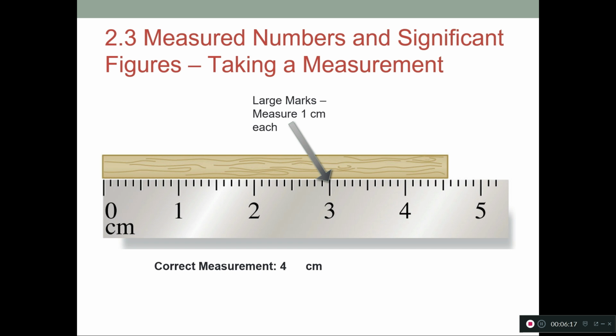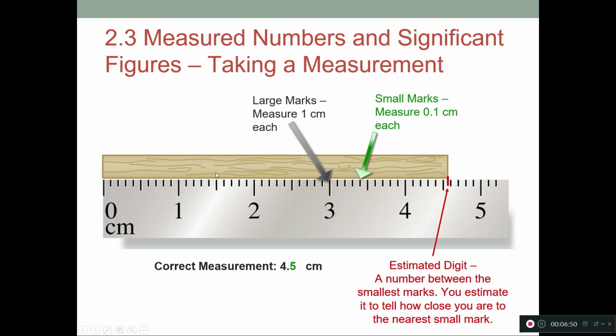And so this one is a bit above 4, so we start with 4 centimeters, but then we look at the fact that these smaller tick marks are 0.1 centimeters, and so we can go to the 0.5 there, similar to how we did in the first one. But now because we can look at where this lies between those two smaller tick marks, we can do another estimated digit, which in this case would be somewhere between those two tick marks. We look at where it is in there and we see that it's a little bit past halfway,